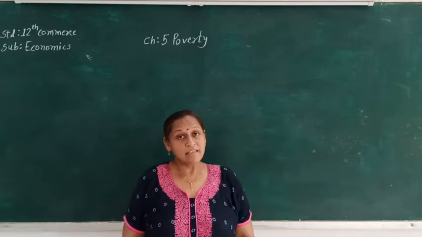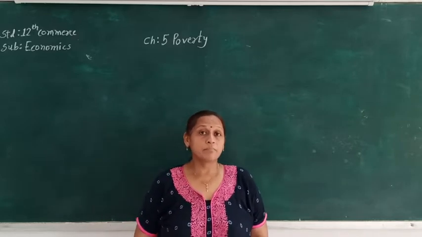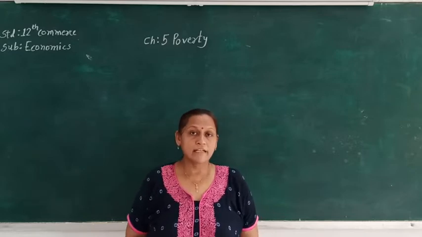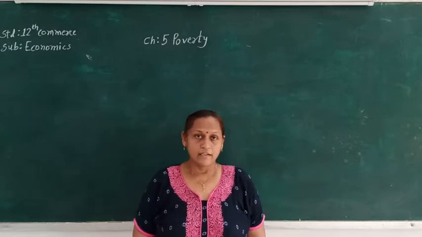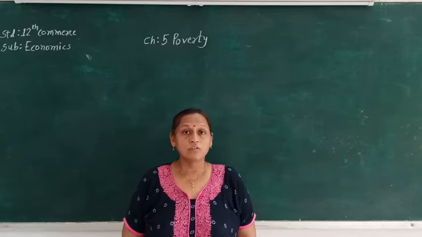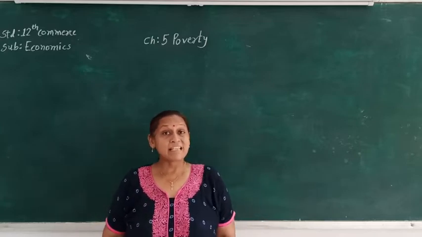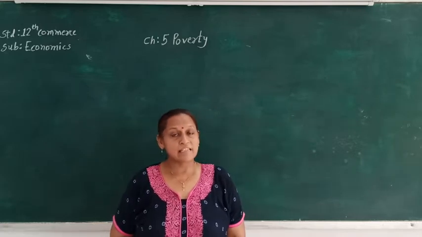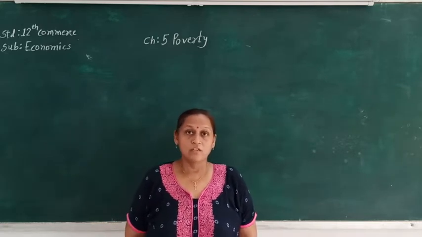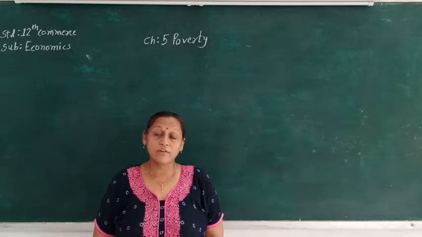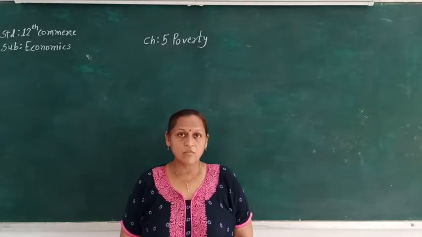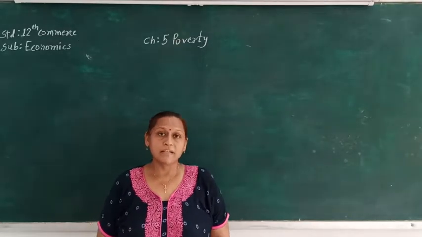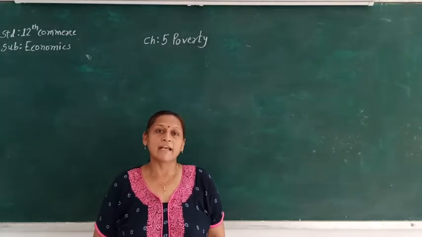An indicator of poverty means that we can see from it whether there is poverty in a particular area. So the indicator can show the measurement of poverty. With the help of indicators, we can see the level of poverty. So the very first indicator of poverty is low per capita household consumption expenditure.